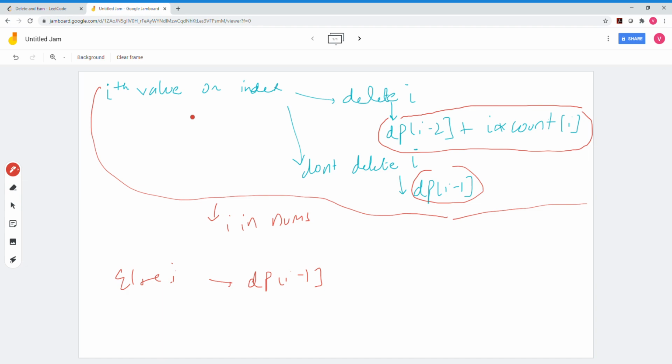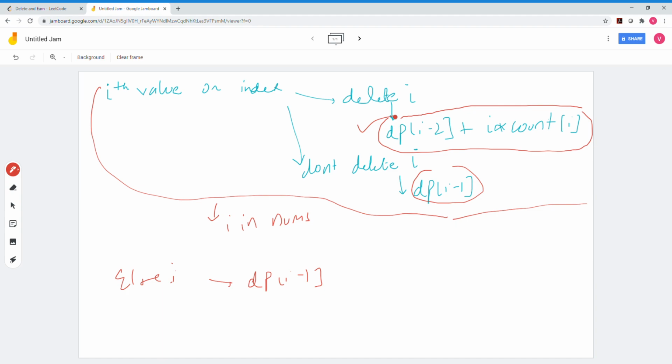I don't want that, because to delete i I have to have i in nums. So therefore I cannot delete the (i-1)th value in order to delete i. So what I will do is I'll take the maximum score that can be obtained until i-2, add the score of deletion of i itself and make a score. Basically this is our first score that I have made over here.